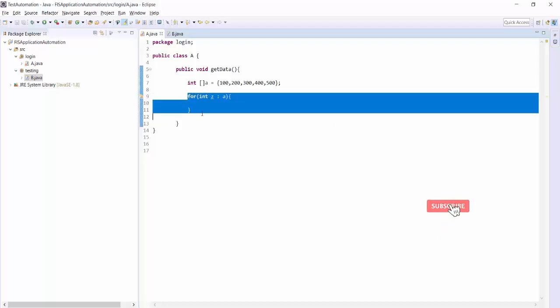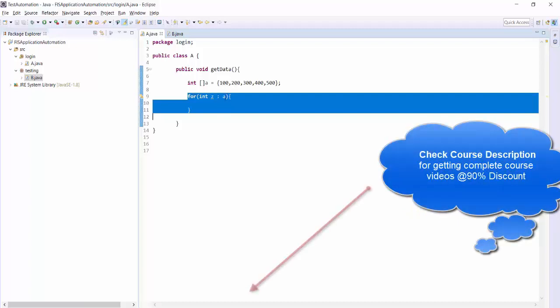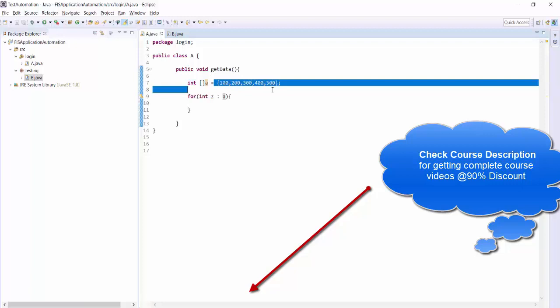Now, how is this loop going to execute? Because here we did not define how many times this loop is going to execute. The for each loop checks how many data we have in this group of data. In our case, the group of data is an array which has a total of 5 values. So it automatically understands this is going to execute 5 times. So for each means execute this loop for each value of this array.